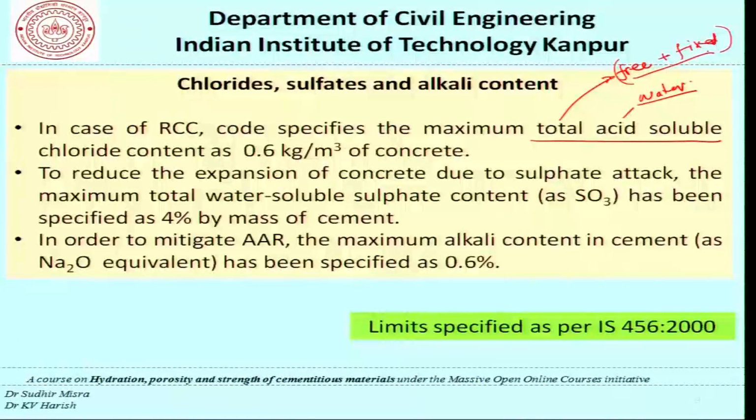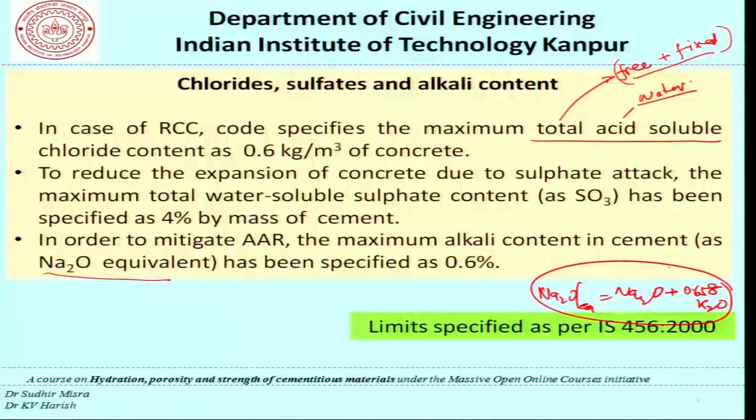In order to mitigate the alkali aggregate reaction, the maximum alkali content in cement as Na2O equivalent has been specified as 0.6%. Now, how do we calculate the Na2O equivalent? I am sure we have talked about this before. The Na2O equivalent is equal to the Na2O content in the cement plus 0.658 times the K2O content. So, this is how we calculate the equivalent Na2O content in a cement, and that value should be less than